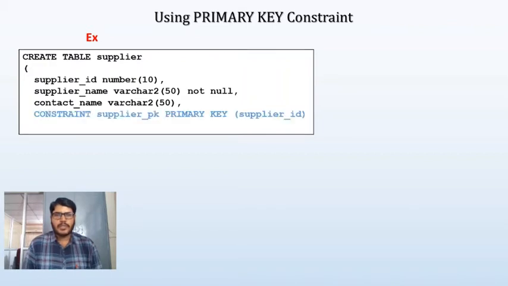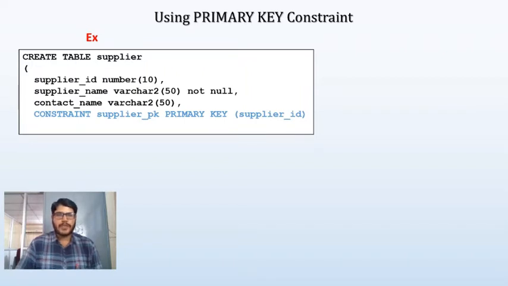We have to use the constraint keyword. After specifying the constraint keyword, we have to specify the name for the constraint. In this case, I'm going to use the constraint name supplier underscore pk, indicating the primary key for the supplier table.